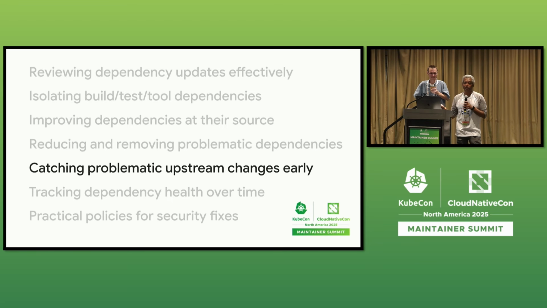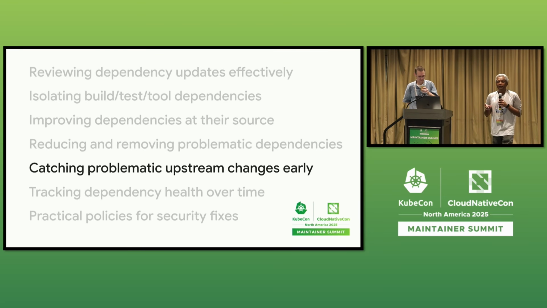We know our usage. We know what we use those dependencies for. So wouldn't it be easier if we get alerted? So that was one problem. The other problem that we had was updating Golang itself was a major pain, right? Because somebody had to update the Golang and run it through all the CI/CD jobs that we had, and you don't know what you were going to get, and things would break.